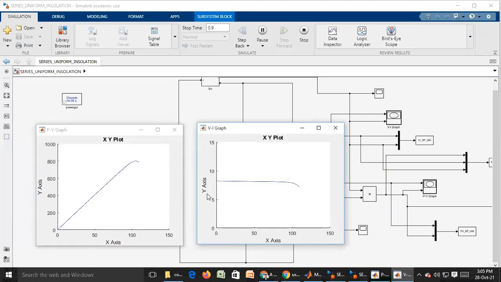Now you see, even if you consider a single module or 4 modules, under uniform irradiance conditions you are getting the global maximum power point. This is the maximum power point, and here at 110 you are also getting the maximum power point.